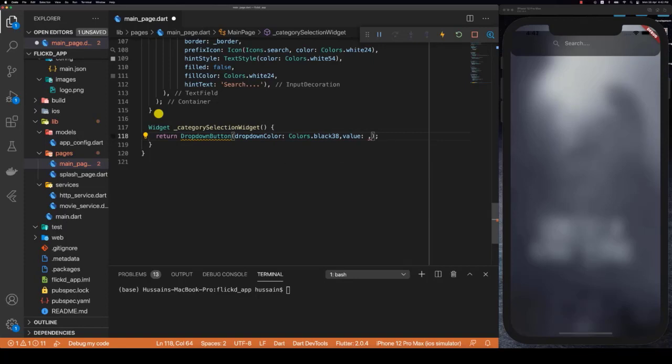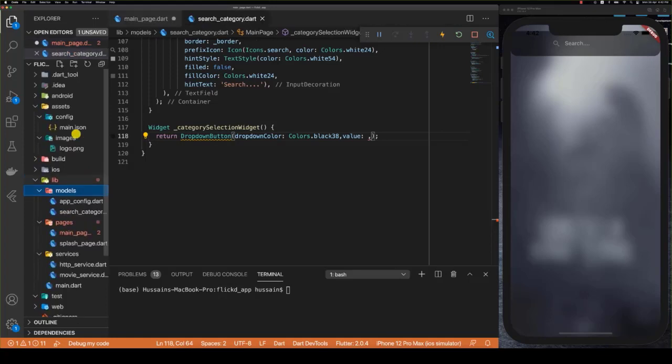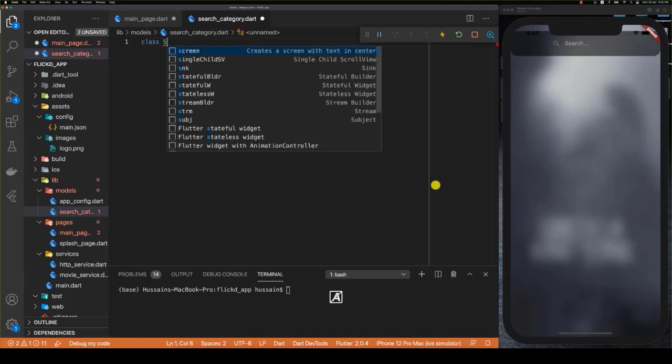Well, we're going to get it right now from a model, but later on we'll change it to actually reflect the actual state of the page. To get going, what we can do is create inside of our models folder a new file, and we can call this file search_category.dart. Once we have this, we're going to create a simple class, which we're going to call